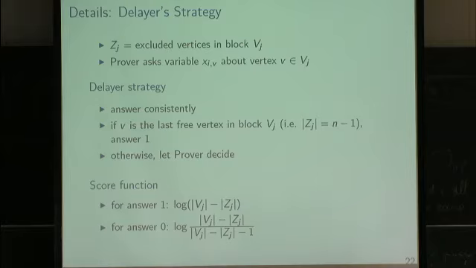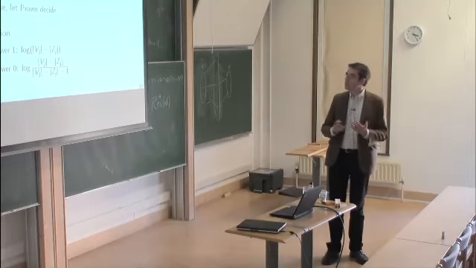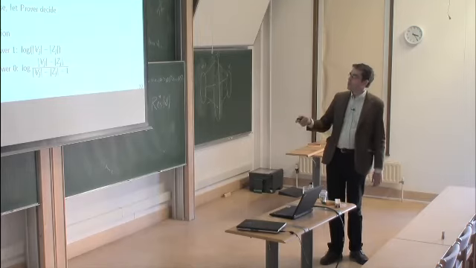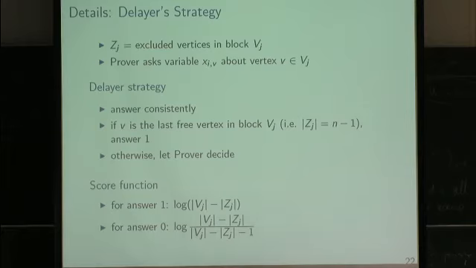And if you want to fix a vertex in block j, then this is exactly the information. So you need log of the number of free positions, log of these bits, to specify exactly which vertex you put into the clique. And if you put the 1 there, then you get exactly this number of points, which corresponds to the amount of information that is still undecided. And for answer 0, you get this bound, which you can just calculate.